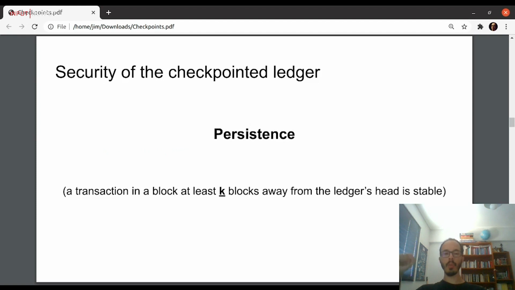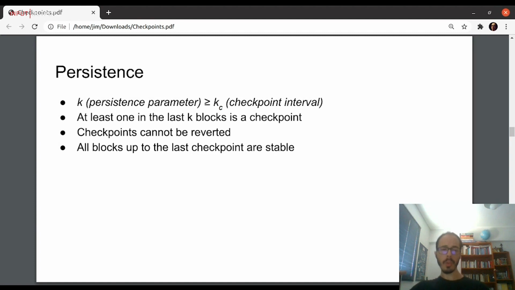And how does that guarantee security? So first of all, persistence. How do we achieve persistence? The reason that persistence is achieved using this setting is that if we assume that k, this persistence parameter, is larger than kc, the checkpoint parameter, then at least one of the latest k blocks in the chain has been checkpointed with the method that I described before. And because checkpoints cannot be reverted, because the functionality